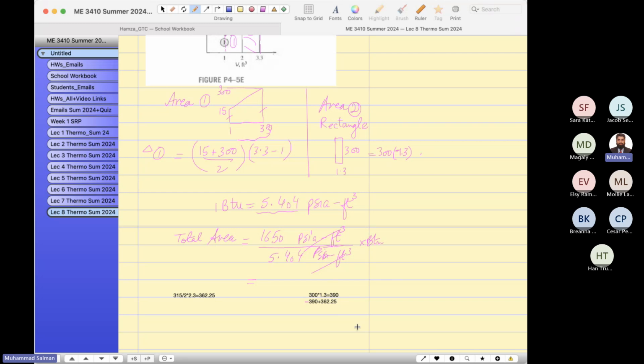So if you do the math again, 362.5 minus 390 is negative 27. So 27 divided by 5.404, negative 5 point. So this is negative. Actually, I did not write down the negative sign with it. So it is negative. Do you guys understand this? So the right answer is,